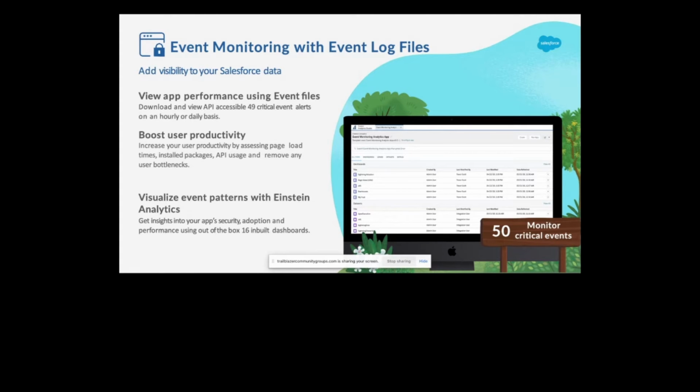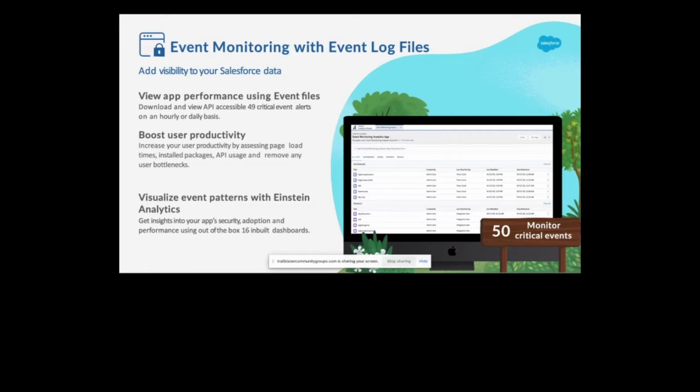I did a transaction. I viewed an account page today. There is an account called ACME. I viewed the account page today, and the data that I viewed will come in the next 24 to 48 hours. So there's a delay of 24 to 48 hours to feed the data into Salesforce Event Monitoring. So that's one of the gaps where it won't give you all these event log files in real time. But in order to eliminate this gap,